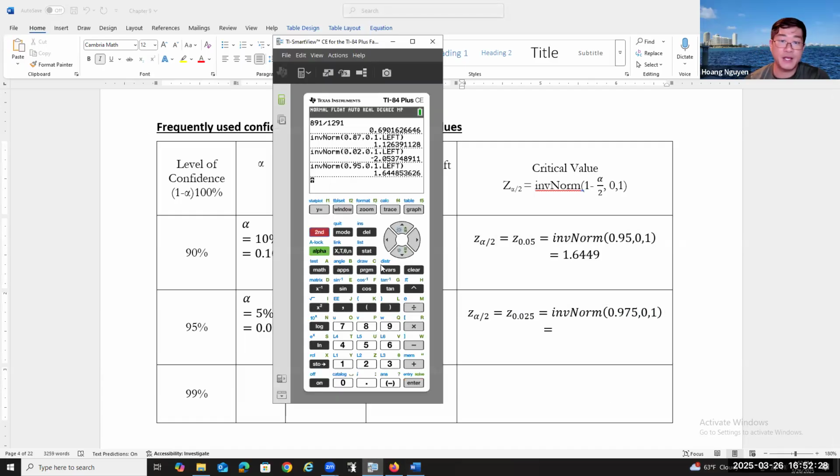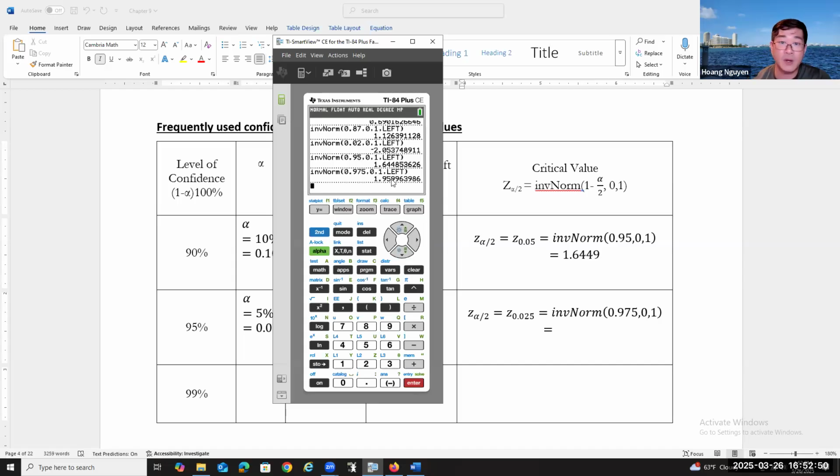Okay, so we're gonna go second, then inverse norm, not normal CDF, inverse norm. The area is 0.975, the mean is zero and the standard deviation is 1. Then we're gonna go down to paste. Okay, so the answer is gonna be